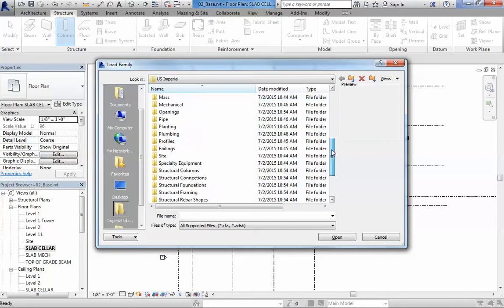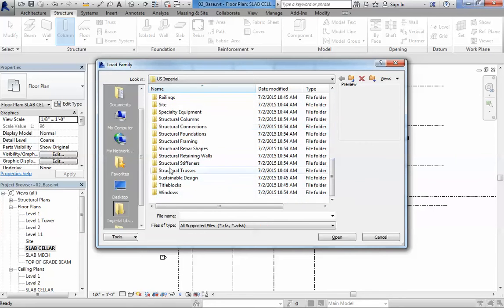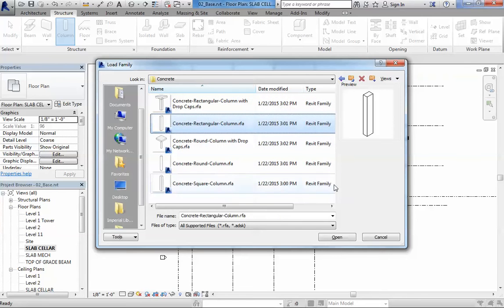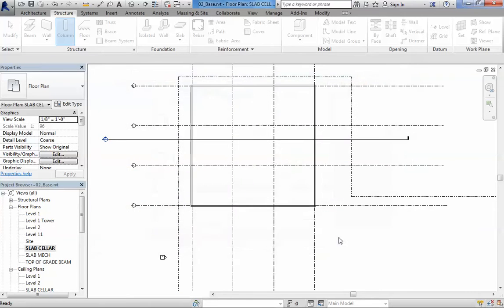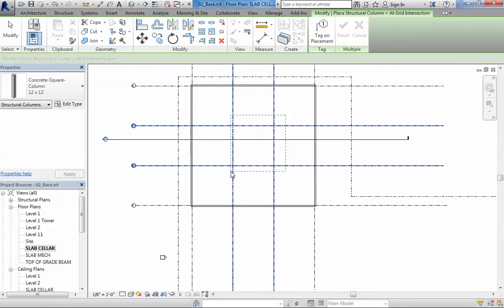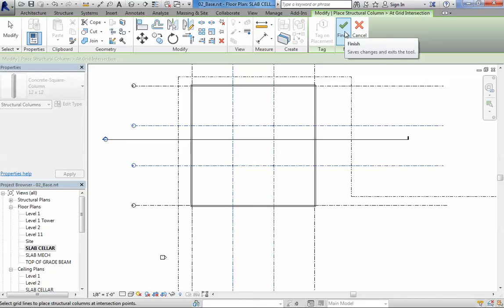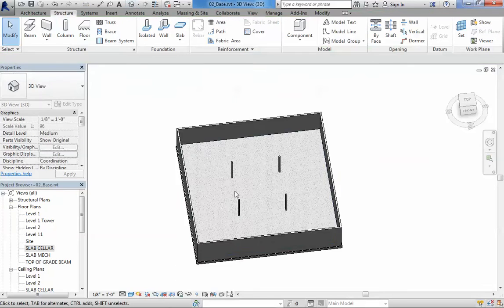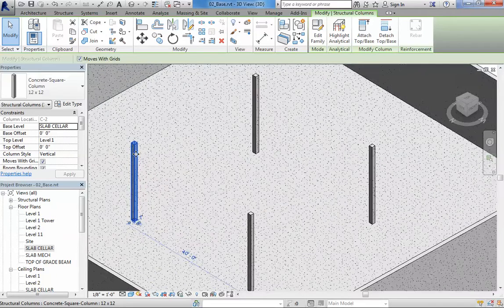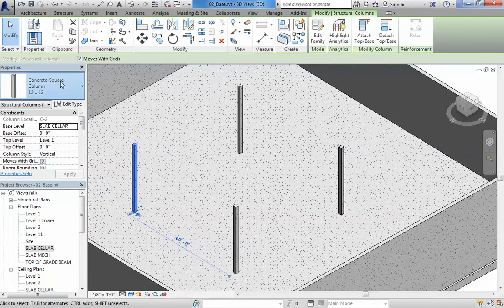You go to columns here, but I actually like to use the structural columns. And concrete, I'm just going to use the rectangular one, or the square column. We just need to make sure that it goes from slab cellar height to level 1, which is what we want. And you can say at grids and select these 4 grids. Okay. If I go to the 3D, it's 4 columns. Obviously these are quite thin, and we will see again next class what columns are necessary, but you can very easily change them